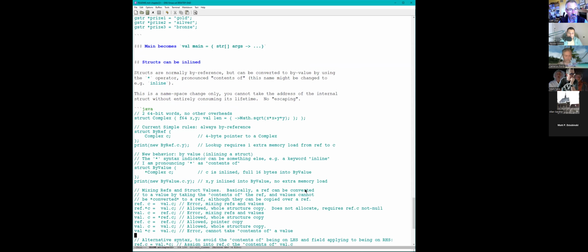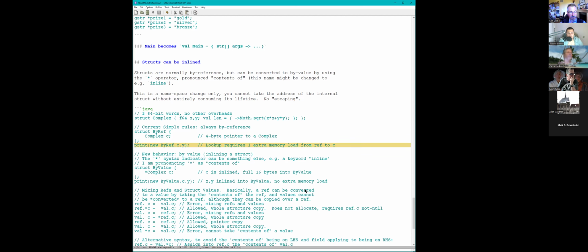There you go. Okay, so structs can be inline. What am I doing here? Normally by reference, turned by value by putting the star, meaning contents of. Maybe I'll change the name later. So here is a struct complex. It has two fields, X and Y. It has a method called length. I can make a by reference version where I have a pointer struct.